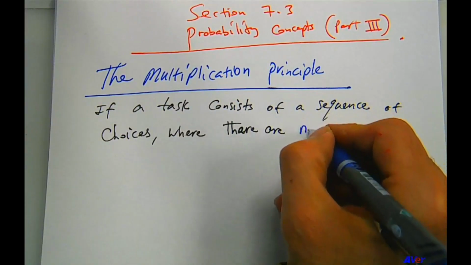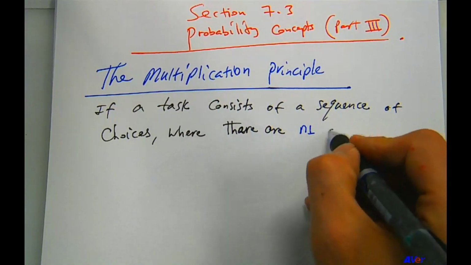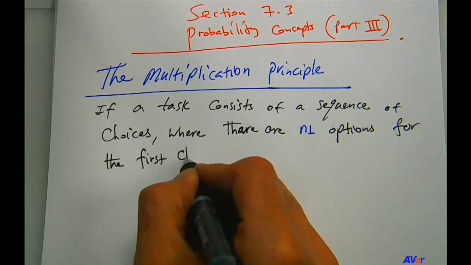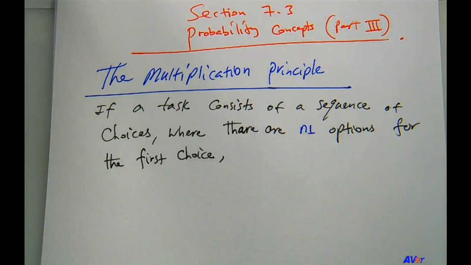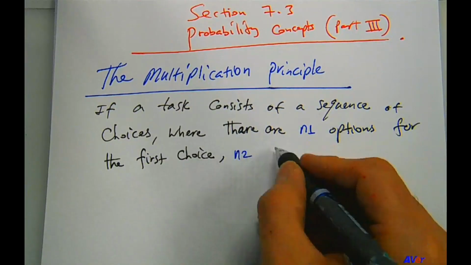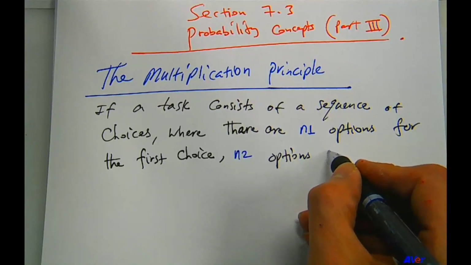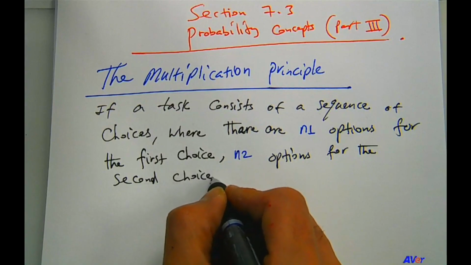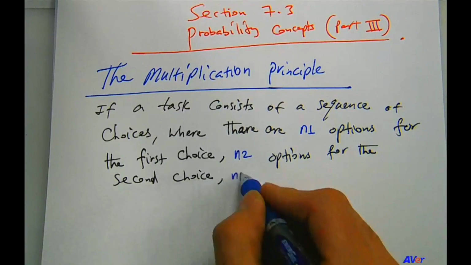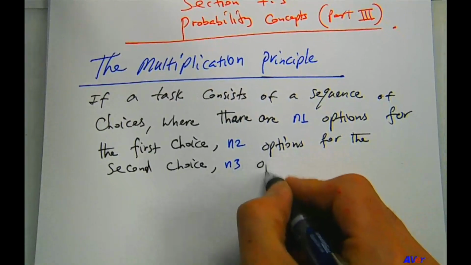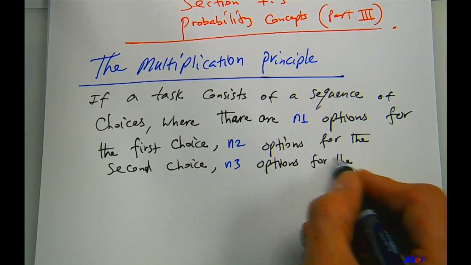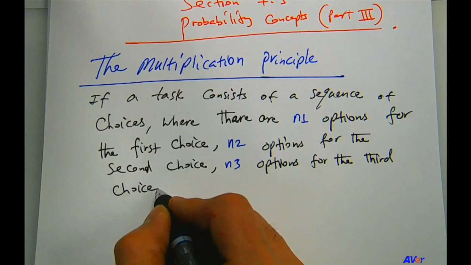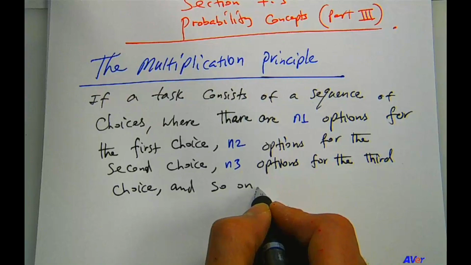Let's say there are N1 options for the first choice, N2 options for the second choice, N3 options for the third choice, and so on, right? And so on. Then